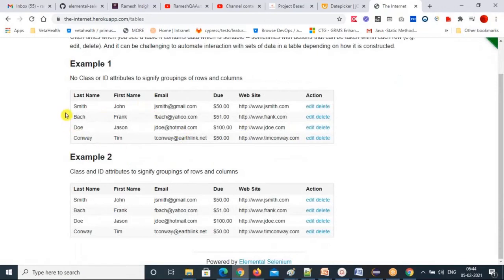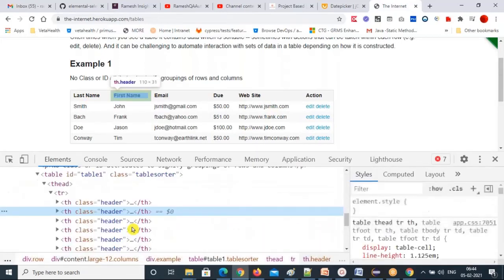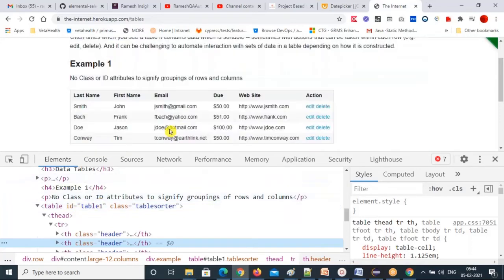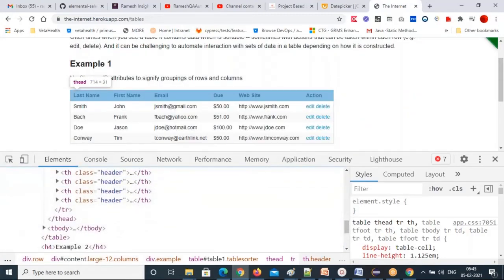So this is the tables, right? We have two tables here. First you get all this table data. This entire thing is represented by a table. Just see how it is structured in the HTML so that you can easily understand. You have a table ID. The same way how we did, you follow that, then you can get all the rows, then get all the columns. And then if you want particular text, you write a customized XPath, and it will help you.